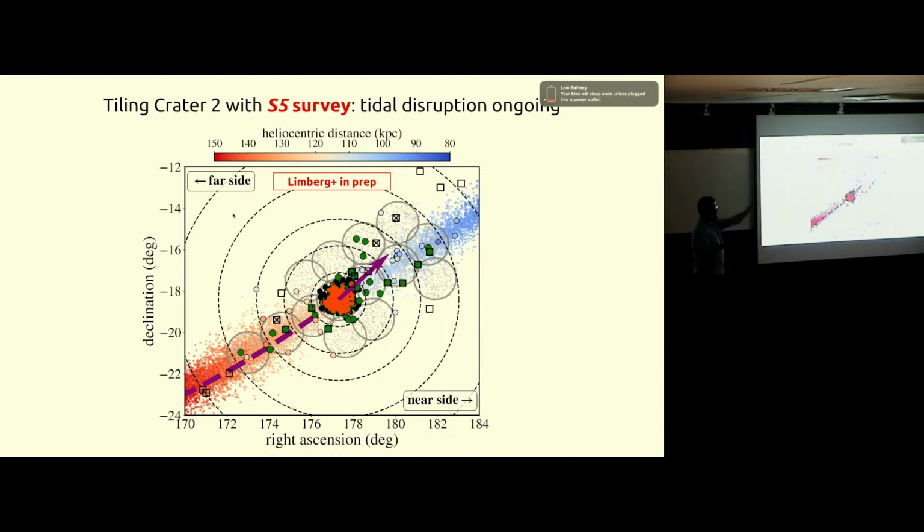So we can cover large areas along these strings. And then we are covering around the center of the galaxy, which is plotted here in orange. We are covering this string track that is predicted from the orbit of this galaxy. So basically what we do, we run the orbital history of this galaxy using Gaia proper motions combined with our radial velocities. And then we have something like what should be the orbital history of this galaxy.